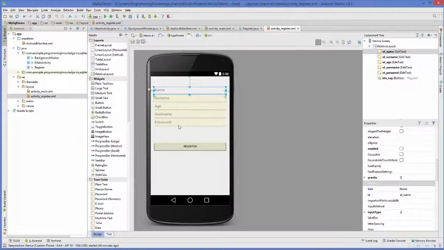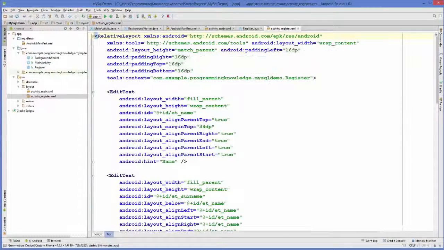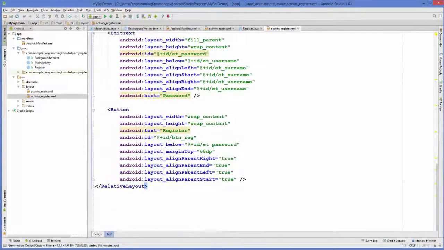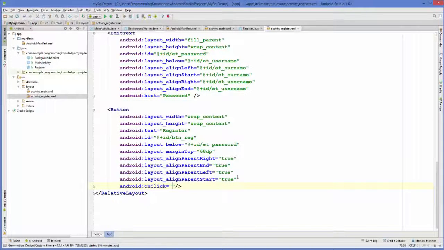Okay, so 5 edit text and the hint, and the name of these edit text I have changed to et name, et surname, et age, et username, and et password. And I have taken one button which I have named it as register, and the ID of this button is btn reg for button register. Okay, and now I'm going to go to the text section of this activity, and in the button element I'm going to add on click method here. So just write android colon on click, and in here you can just write on reg for on register, and